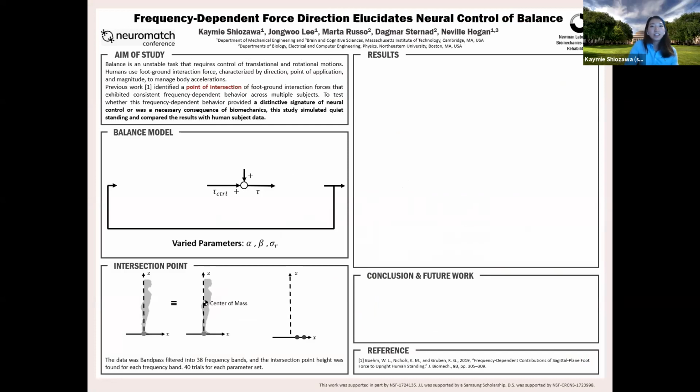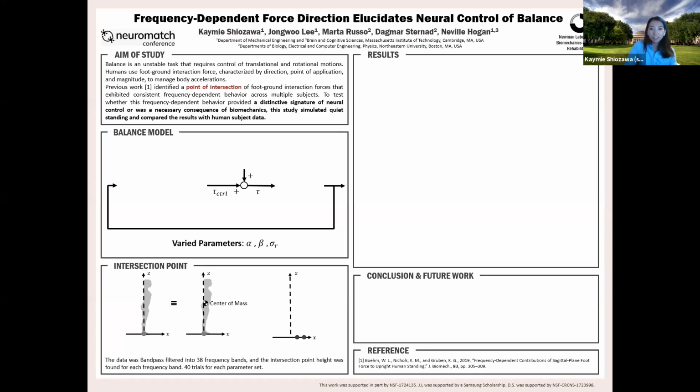Human balance is an unstable task that requires the control of translational and rotational acceleration. In general, we use foot-ground reaction forces to manage these accelerations. Previous work measured balance in humans and identified a point of intersection of foot-ground interaction forces that exhibited consistent frequency-dependent behavior across multiple subjects. Because the height of this intersection point relative to the center of mass dictates the relative directions of translational and angular accelerations, the intersection point provides a compact geometric representation useful in understanding the dynamics and